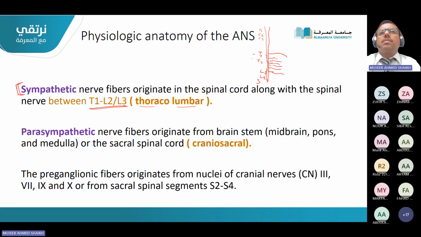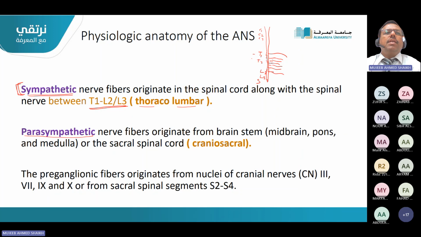These are spinal nerves. Along with these spinal nerves, the fibers of the sympathetic division also come out. So the nerves originating from the thoracic 1 segment till the L2 to L3 segment, the lumbar divisions, they contain sympathetic nerve fibers. Similarly,